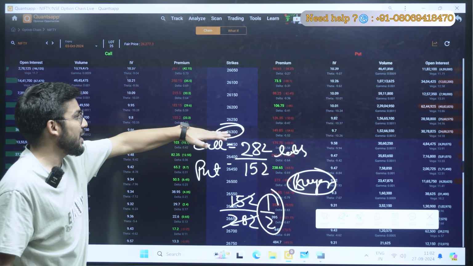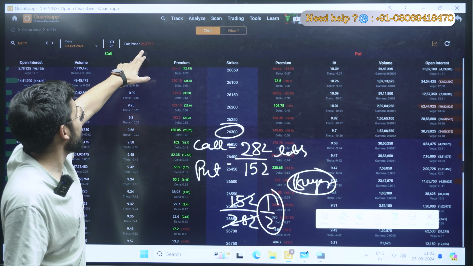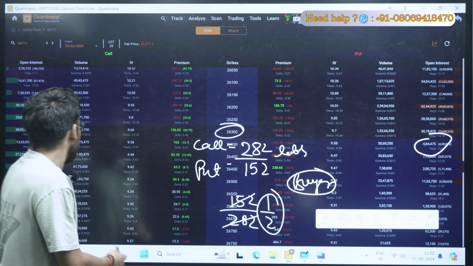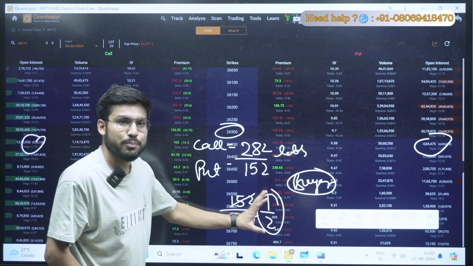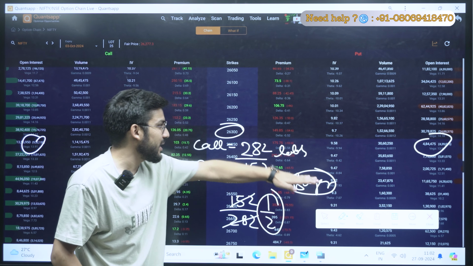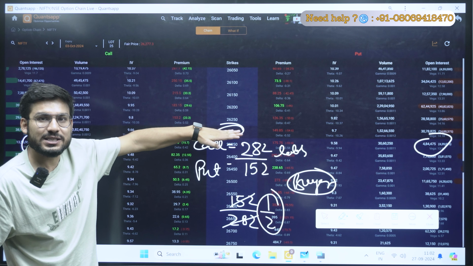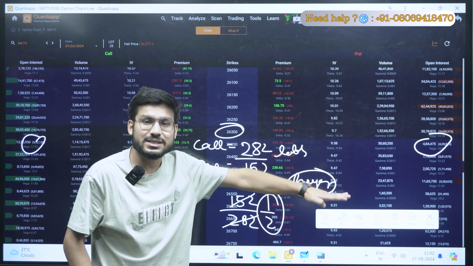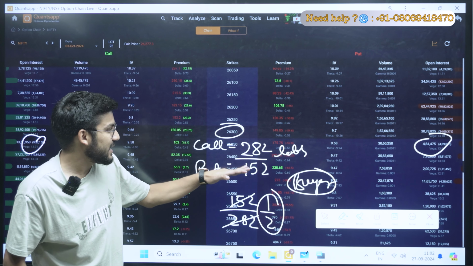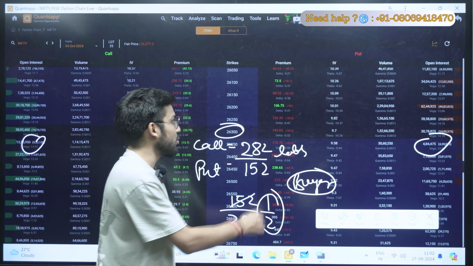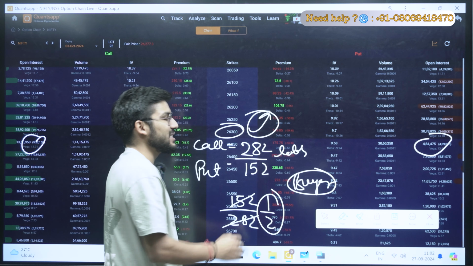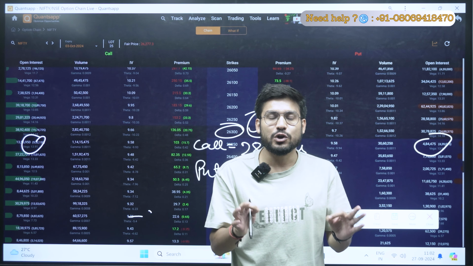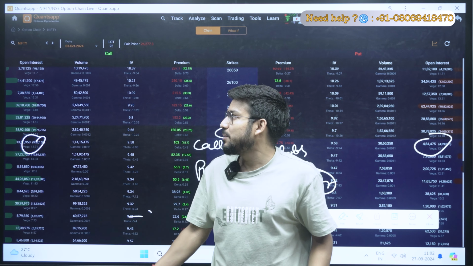So currently if my market is at ATM price at 26 to 27 and if there is equal open interest in both the side, so at that time I can go with my volume PCR। my volume PCR is suggesting me that at this price at this level, okay, there are buyers stronger than the sellers। okay, the call side is stronger than the put side, so I can go for the buying position के लिए मैं यहाँ पे जा सकता हूँ, right? so this is how you can analyze your volume PCR।